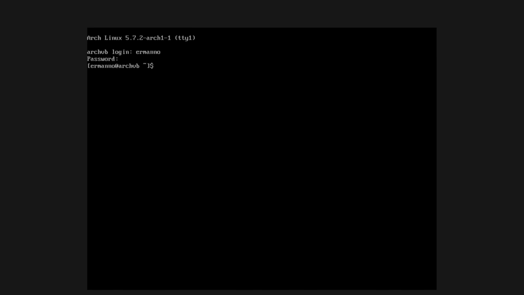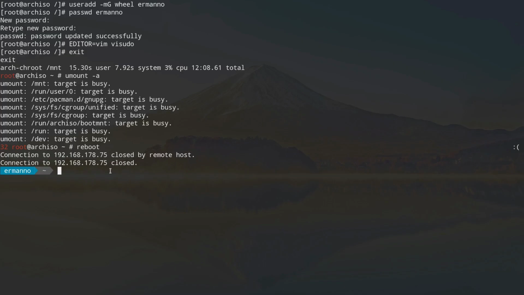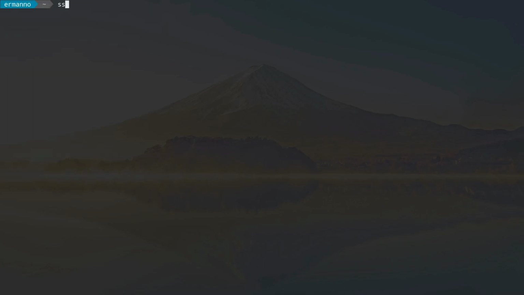There you go. Let's clean up the terminal and see if we have an IP. Let's type in ip a. And I do have an IP here with 90, so Network Manager is started. And I should be able also to log in via SSH again, so I can type in this into the terminal one more time. So let me go back to my terminal and clean it up and type in SSH